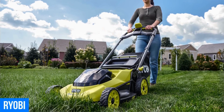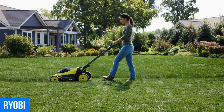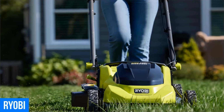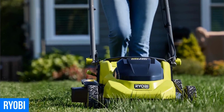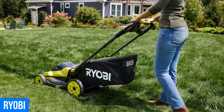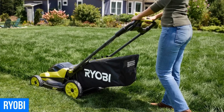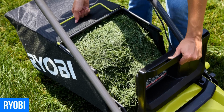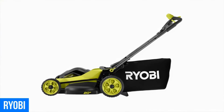Ryobi 40 VHP Self-Propelled Mowers. Now let's switch gears to Ryobi, who's stepping up their lawn care game. The brand just announced two new 40-volt HP brushless 20-inch self-propelled mowers, the LM07 and the LM08. Both models claim to deliver the same power as a 150 cubic centimeters gas mower, but without the noise, fumes,